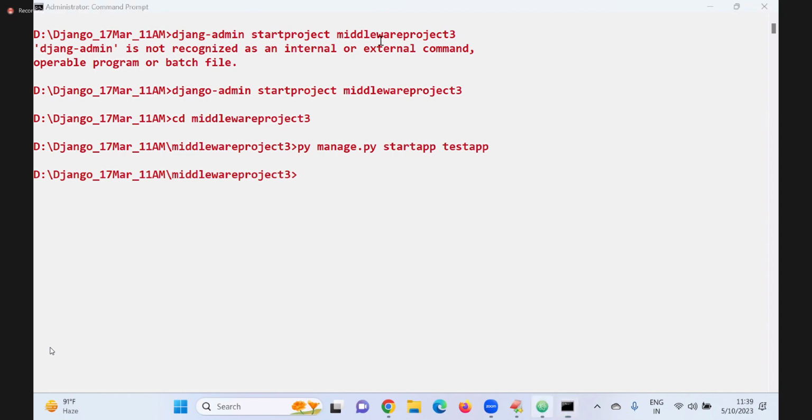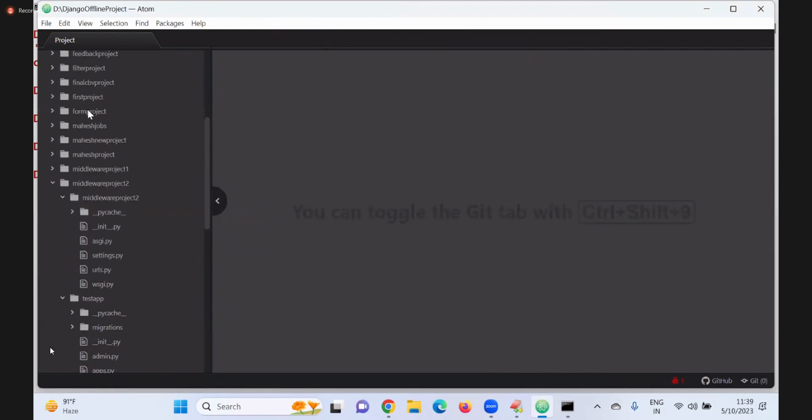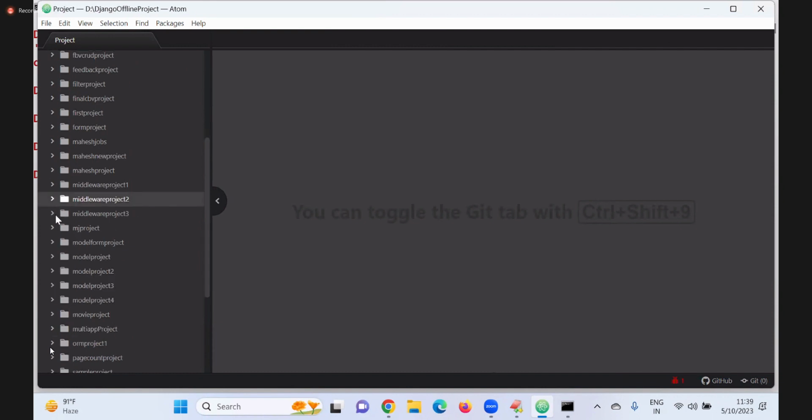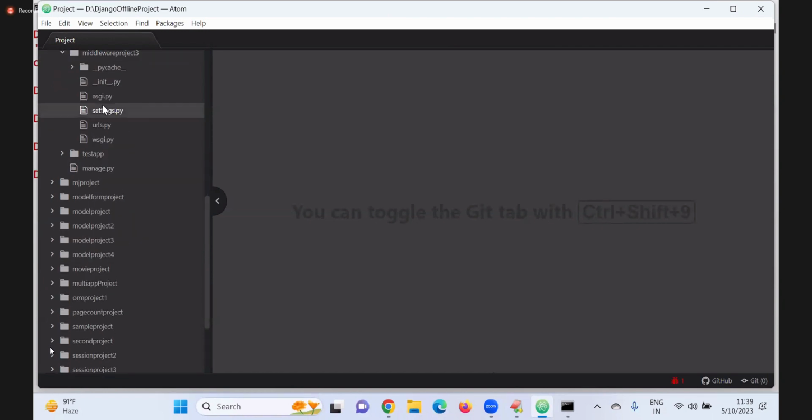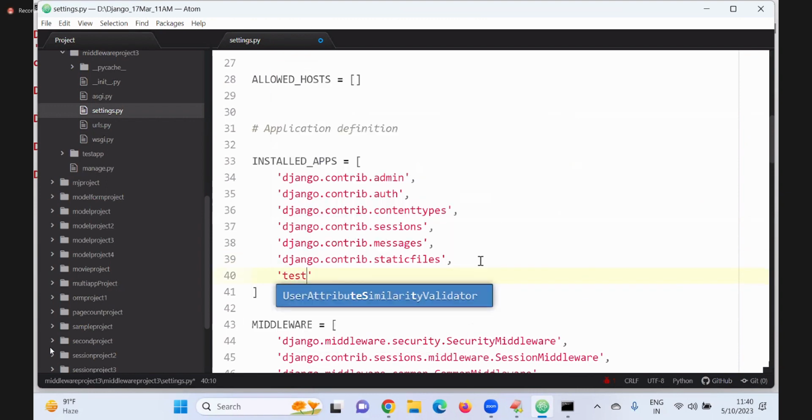Done. Come to here, close. Third one, settings.py, installed apps, testapp completed.